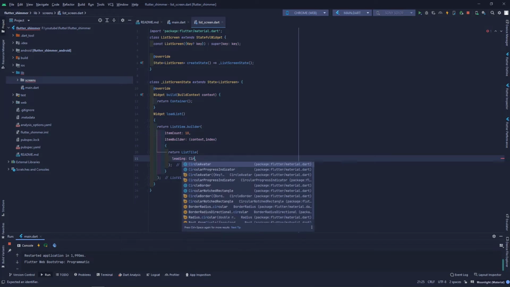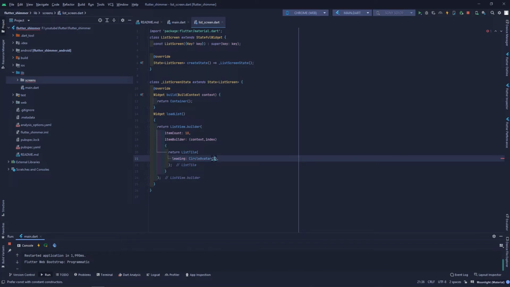And the next thing I'm gonna do is, first of all, let me just give it icons dot home, let's say. Okay, so I just made a mistake. Okay, it's given an error. It will be icons.home. Okay, so I'll just give it as icons.home, and the next thing I'm gonna do is